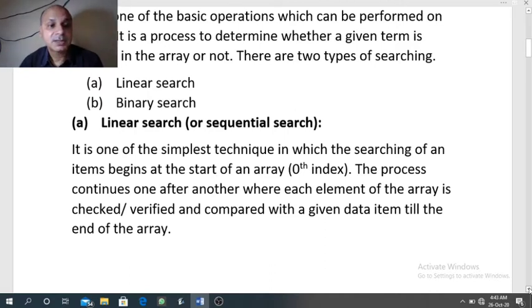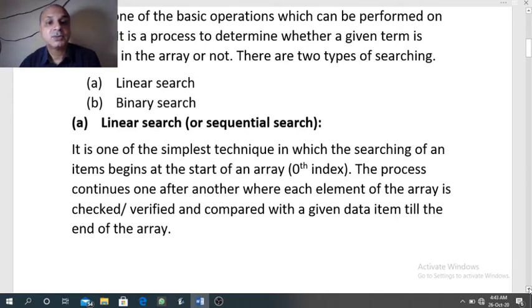In case of linear search, every element of the array is extracted one by one starting from the beginning till the end, and it is compared with the search item. If the search item is present in the array, then our search will be over at that point only.